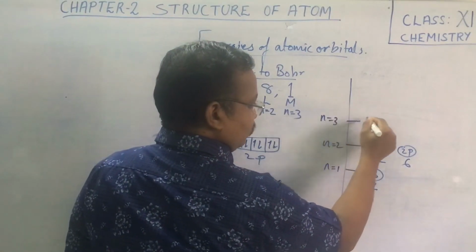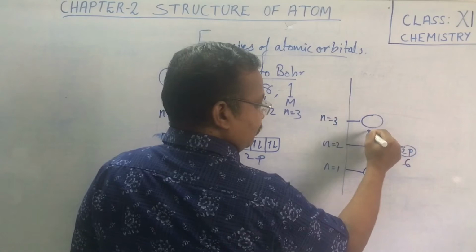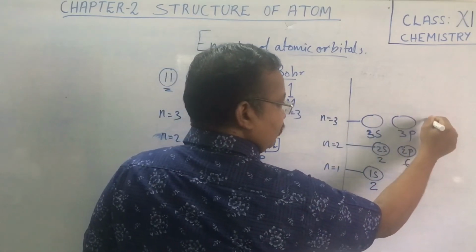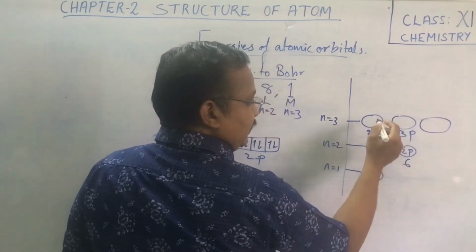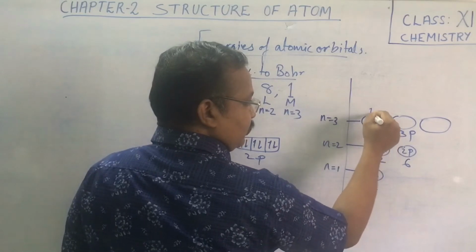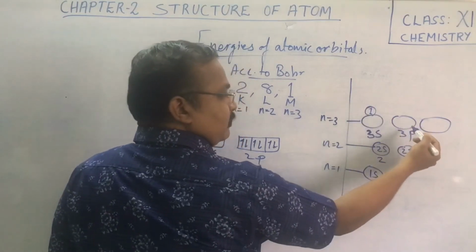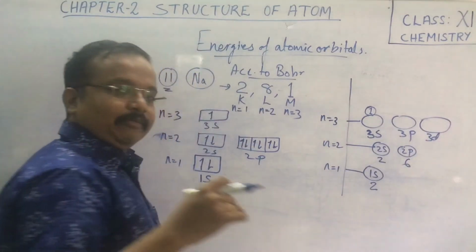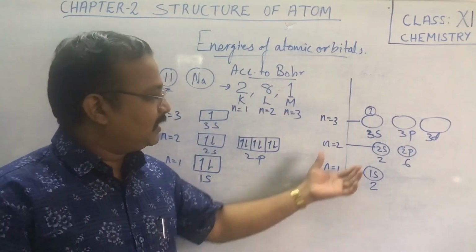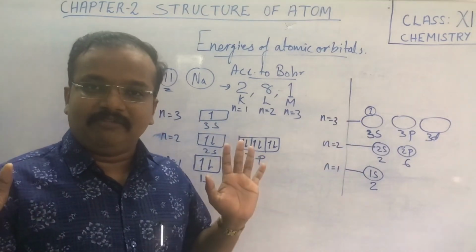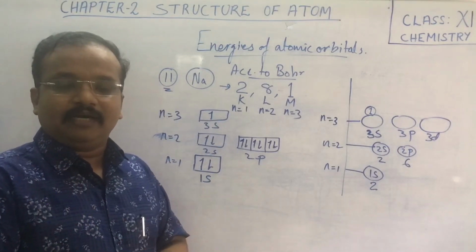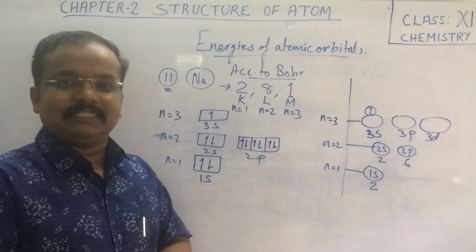Now we will be learning about the energy levels. Here we consider n equal to 3, that is our third energy level. Here we have 3s and 3p also, and we can have 3d also, okay. In 3s, since we have only 1 electron, we will put that 1 electron over here, but our 3p and 3d will remain vacant, okay. Those orbitals are there, but we do not have electrons, that's why those orbitals will remain free, okay. Now children, there are some rules in arranging these energy levels, okay.